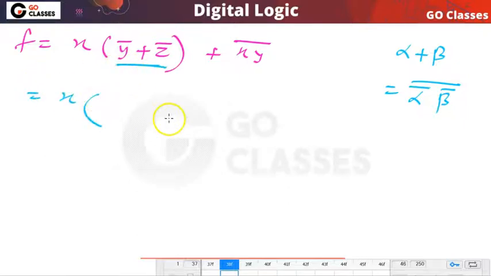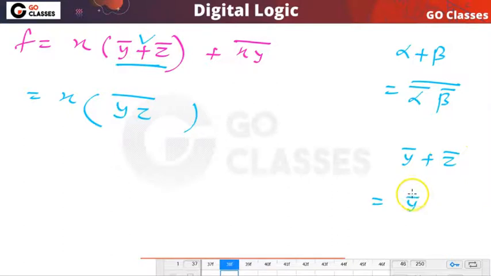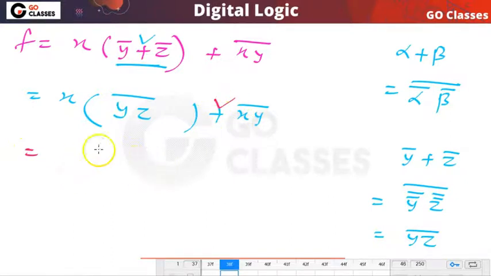We can remove this or. We can say this complement whole complement, correct? Because you can notice for y bar or z bar, I can do y complement whole complement, z complement whole complement. So this is simply yz complement, or x bar complement. Now we can remove this or operation.